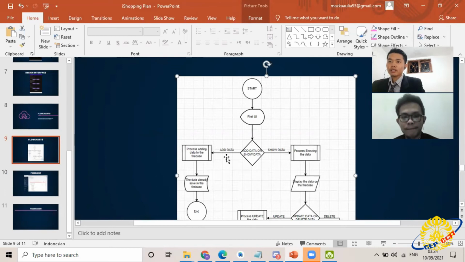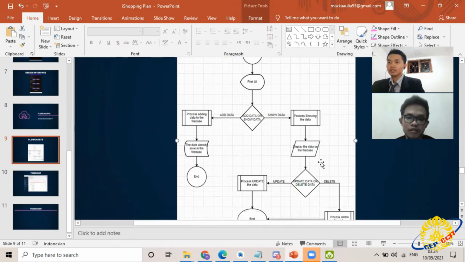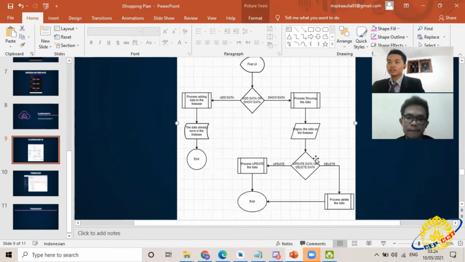If you choose add data, the process will add data to the Firebase, and then the data is saved in the Firebase, and then end. And then if you choose show data, the process will show the data and display the data from the Firebase.